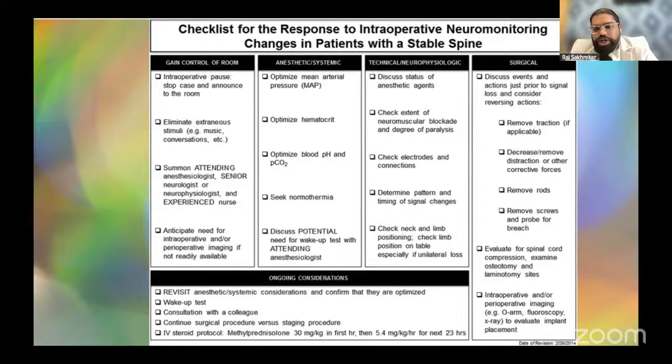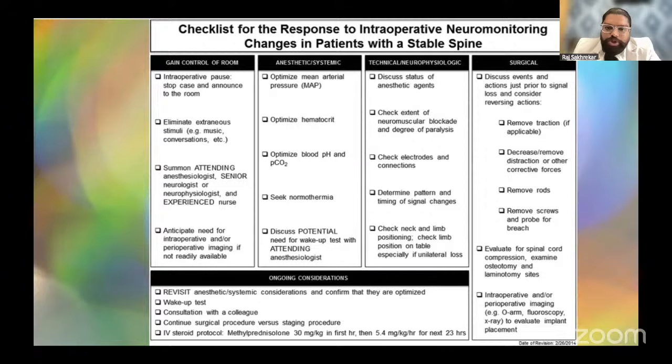Most importantly, check the pattern. If you have irregular loss or bilateral loss, if you are working below the cord, if there's nerve damage. So all you need, MEP changes, SSEP changes, all changes you need to check. You need to define what kind of changes, whether you're getting Brown-Sequard syndrome, or the posterior column syndrome or anterior column syndrome, or you need to check with the help of the MEPs as well as the